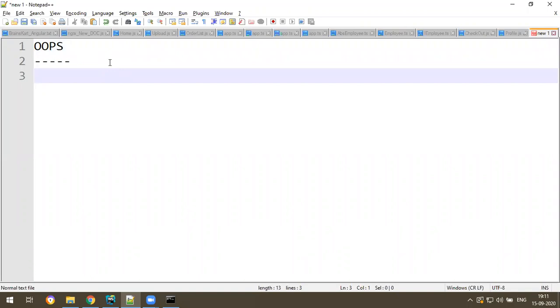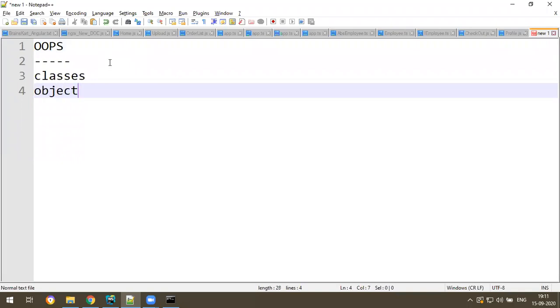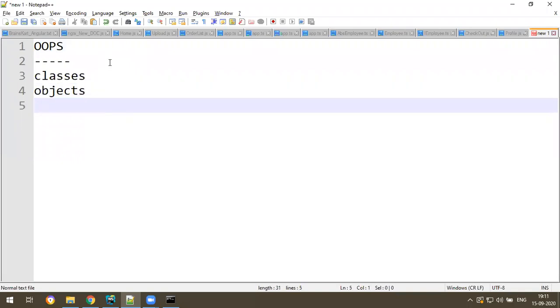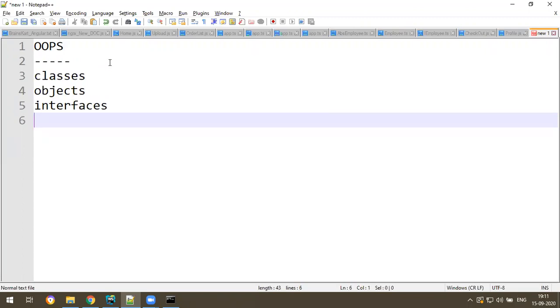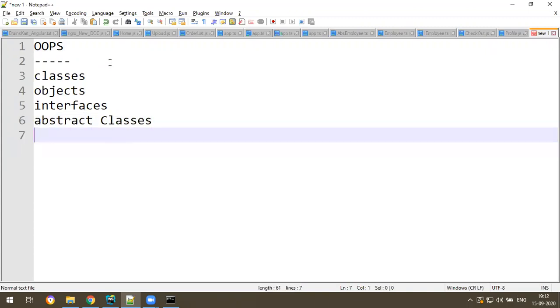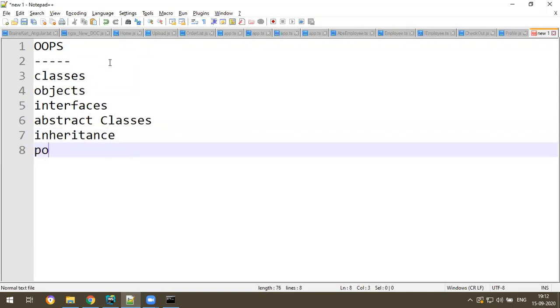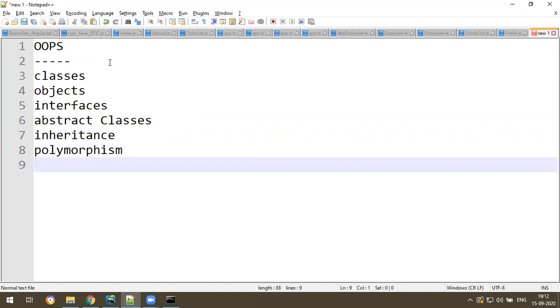There are some concepts like classes, objects, interfaces, abstract classes, and there are some features also: inheritance, polymorphism, encapsulation.